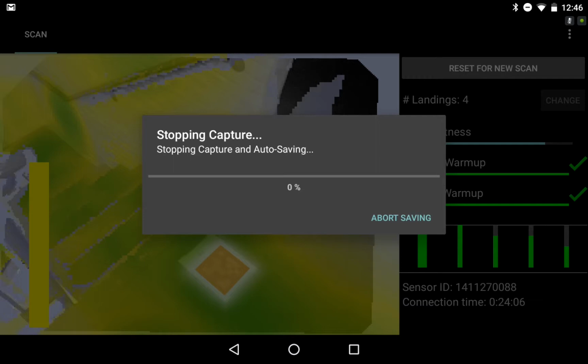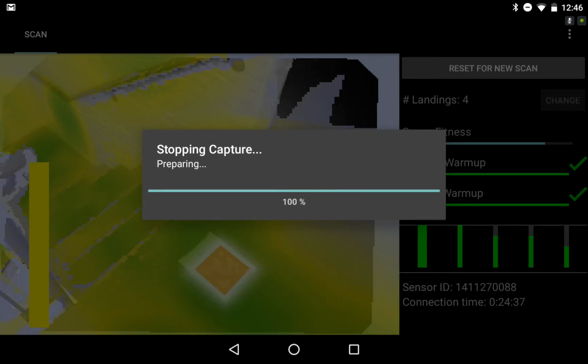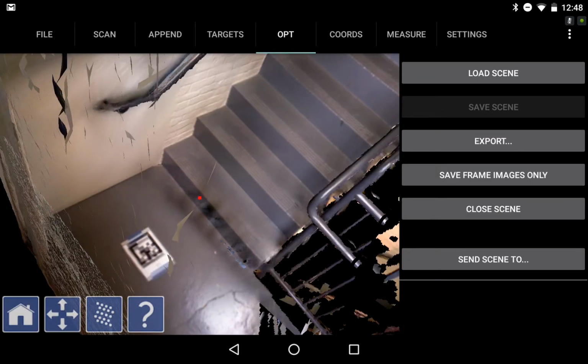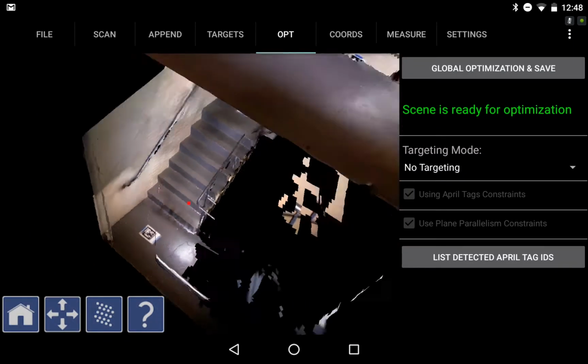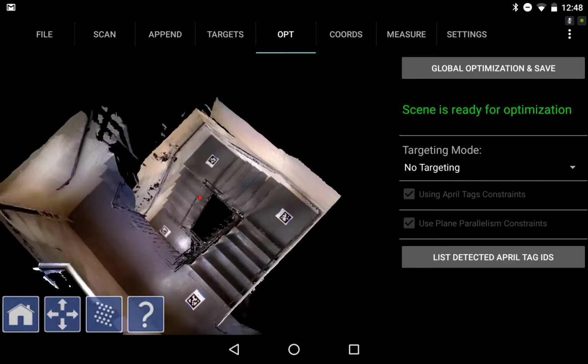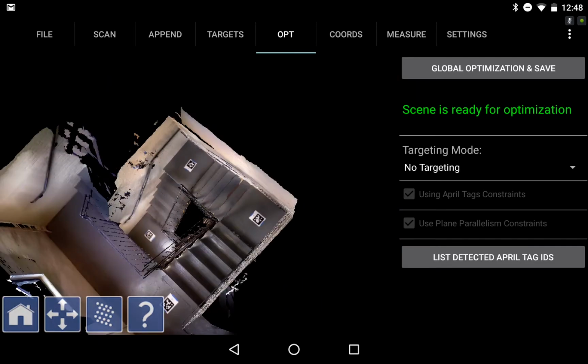Let my scan process, sped up a bit, but in a matter of seconds right on the tablet. And then have a look right away at my unoptimized data set. As always, I want to pan around my scan and make sure there weren't any areas that I missed that needed to be appended. And I see the green scene is ready for optimization, so I hit Global Optimization and Save,